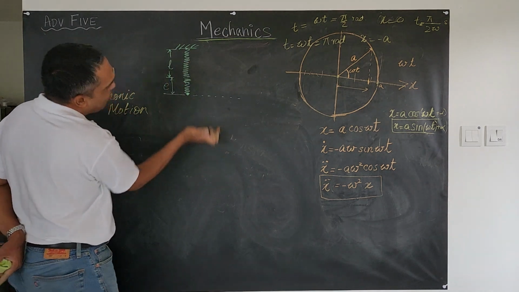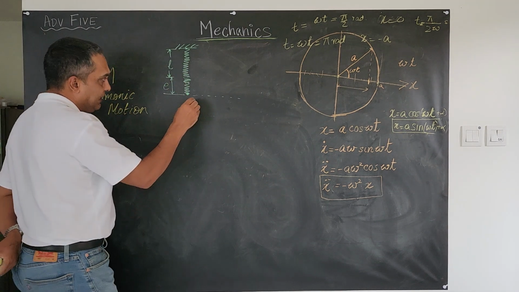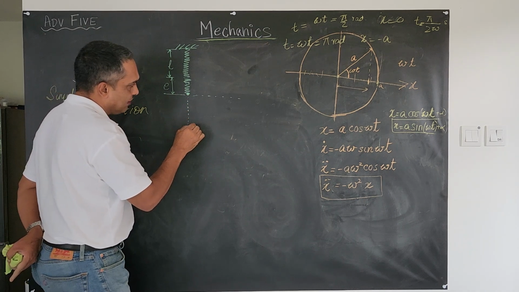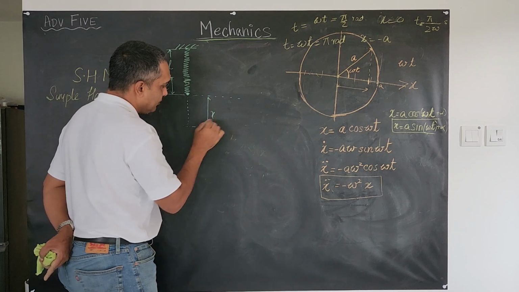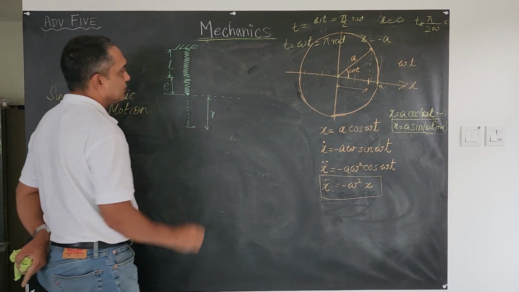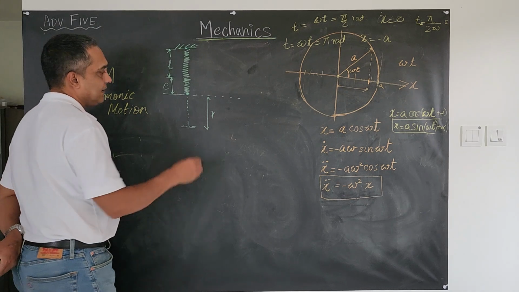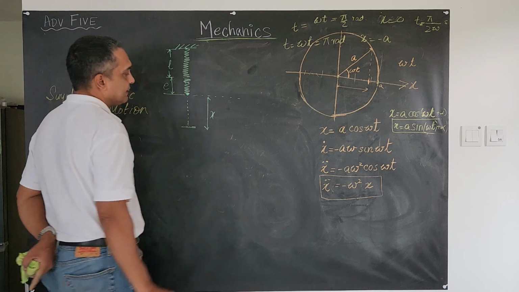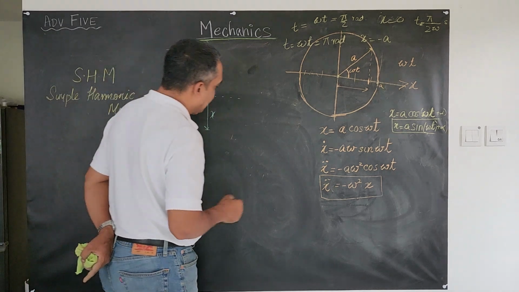But all of its motion is about an equilibrium position. So then I can now draw an extension x. That's my x. And at that point, I can determine